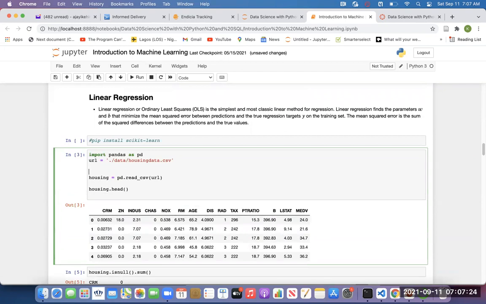So what I want to do is write a function. The first thing we're going to do is write a function that accepts the data URL, and so that's the input. So the function will accept the URL, and then it will load the data.